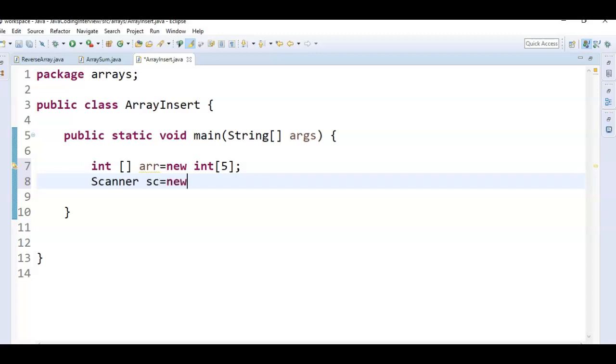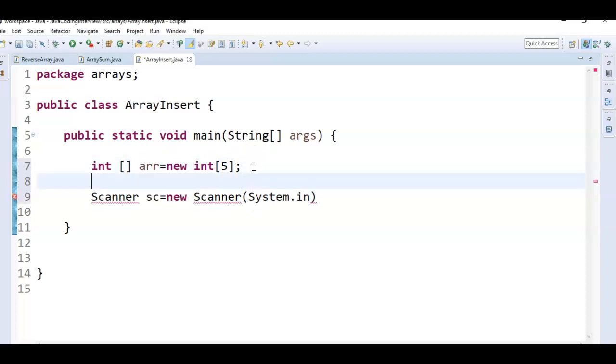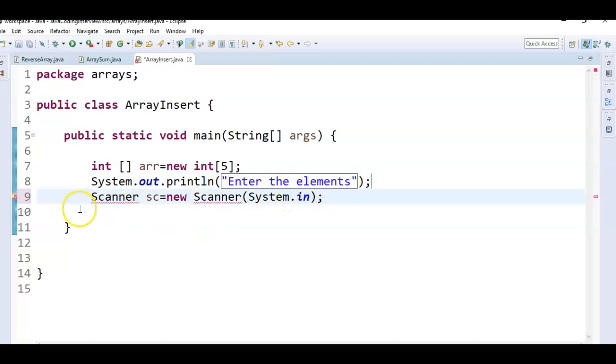Scanner sc equal to new Scanner of System.in. So first, I have created an array with capacity 5. Just say System.out.println, enter the elements. Since we are taking the values from the console, just say Scanner sc equal to new Scanner of System.in.